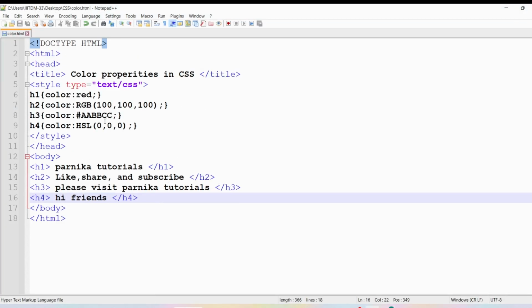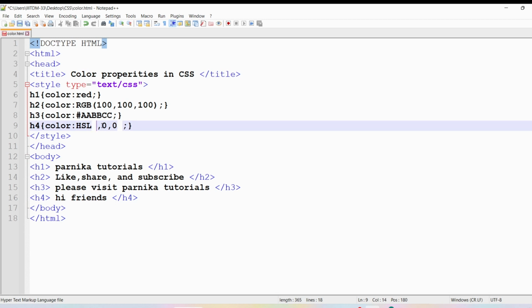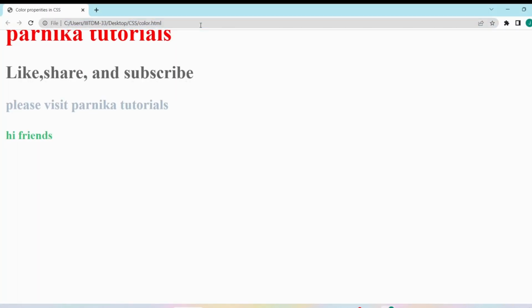Let me assign some value, because the hue value you have to provide in the range from 0 to 360 degrees. Let me provide 147, the saturation as 50%, and the lightness also 50%. Let me save this one, go to the browser and refresh it. Now the content is being displayed in a green color, not a very dark green, a light green